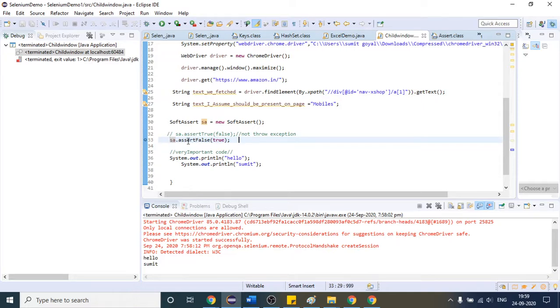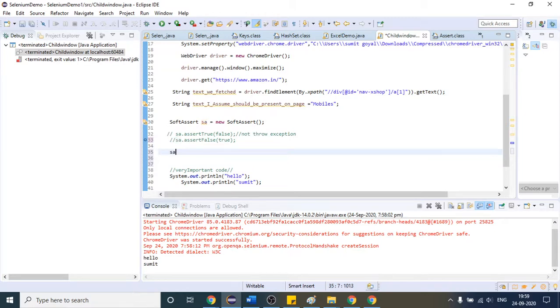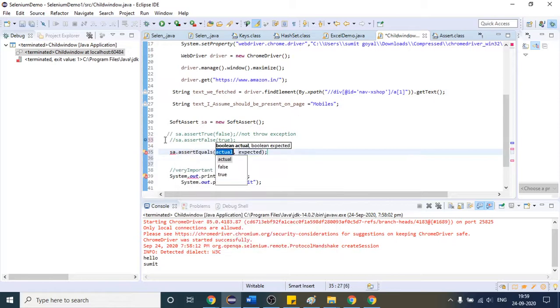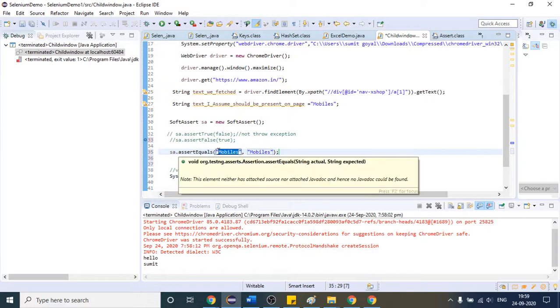And suppose there is one more method. Let me take the example of assert equals. Suppose I provide mobiles here, and the same text here. I am not going to test that line with the same string, because it will easily pass; the condition is true, so it will return true.